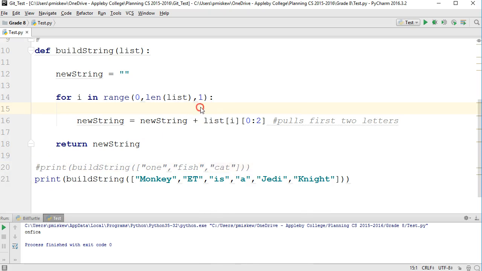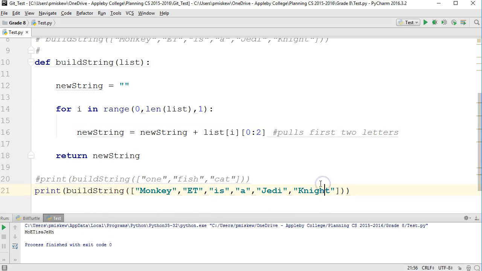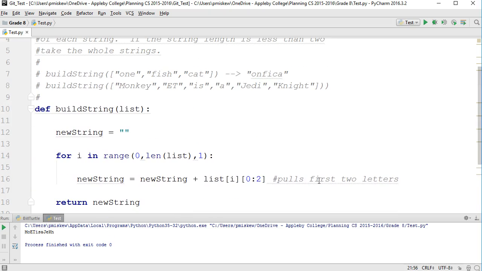So if I comment this out and give this a run, let's see if it works. We get MOETISAJEKN. So I stand corrected. Actually, it would work perfectly fine. But if you happen to do it this way,